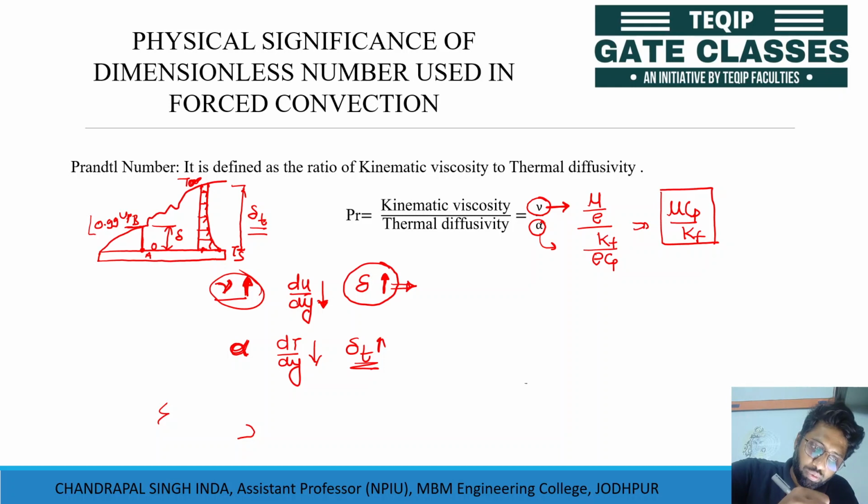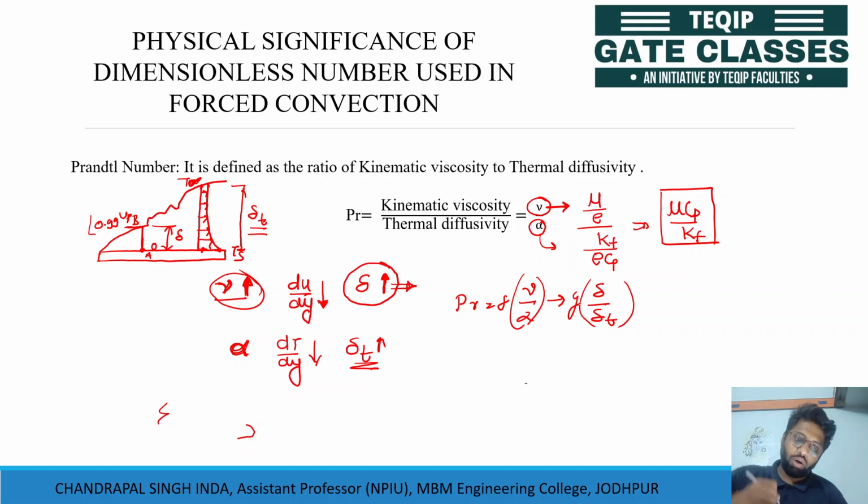So we can say the Prandtl number is a function of this nu and alpha. Now we have one important relation: delta by delta T, the boundary layer thickness divided by the thermal boundary layer thickness,